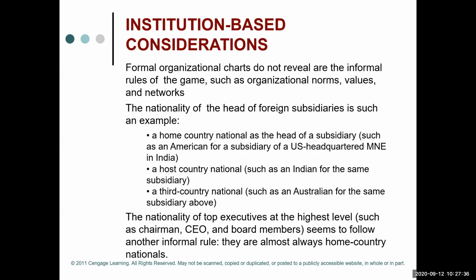The normal option is to select somebody local, maybe not instantly, but over a period of time, hand over the leadership to the local country, right? And then the other one is like neither India nor US, somebody else only will come and start running things. So that would be the third country. So these are some of the things that companies do, and again, they have considerations on the cost benefit, right?